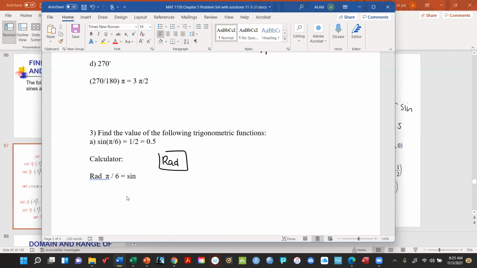This is going to switch you into the radian mode. Then you'll type pi divided by 6 equals, and then you'll hit the sine button. And that will give you a half. Okay, so